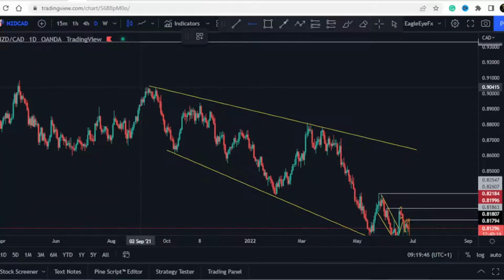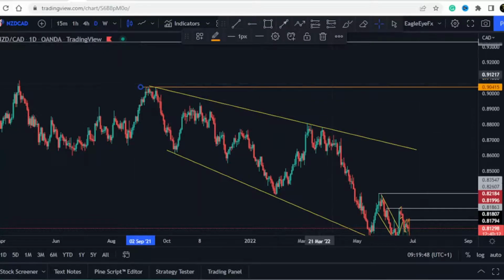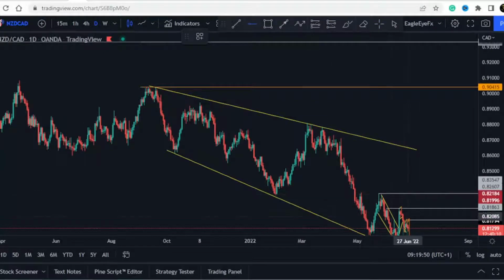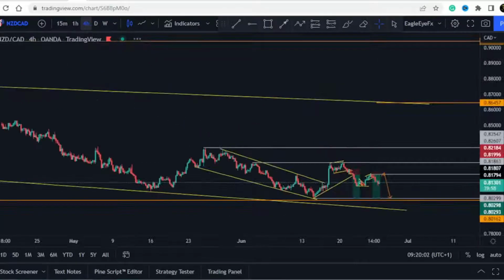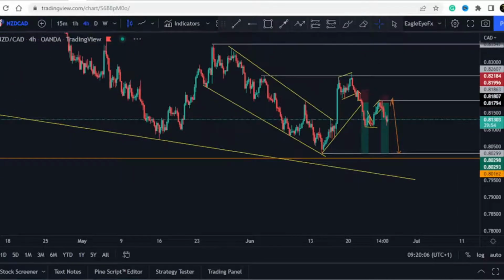So you can see that we are targeting these levels over here. Also, we are looking at it coming to at least this level over there. So this is a very long term move. So we need a very strong structure to be able to support that. So let's go to the 4-hour time frame. So from the 4-hour time frame, you can see now